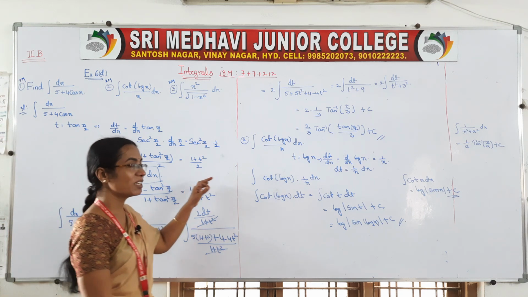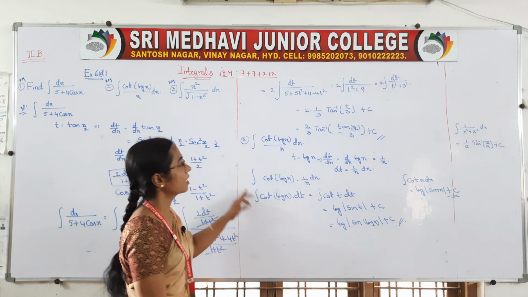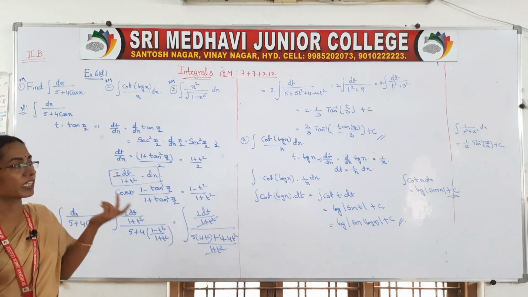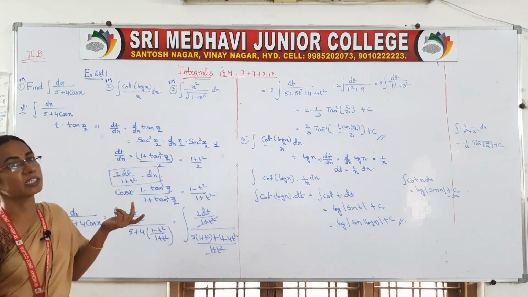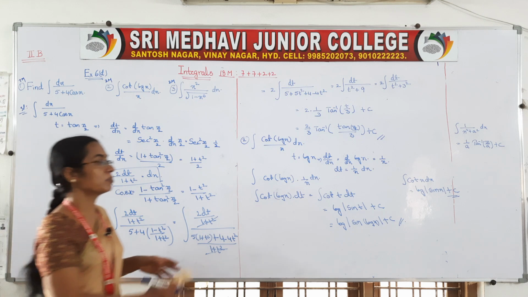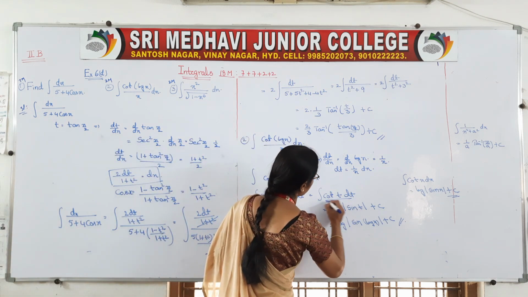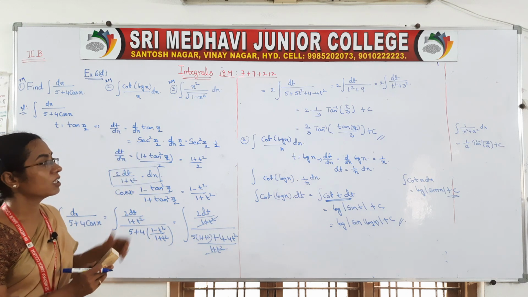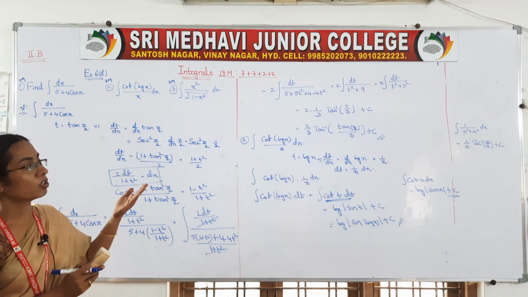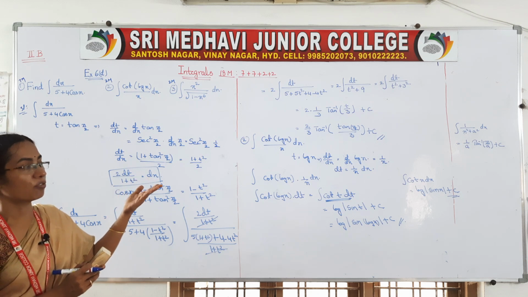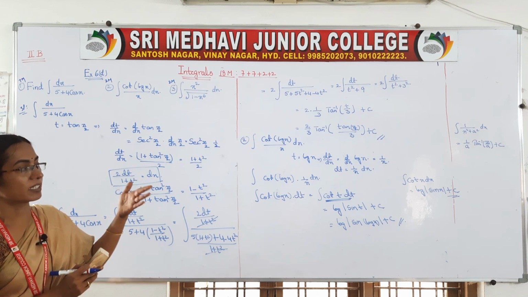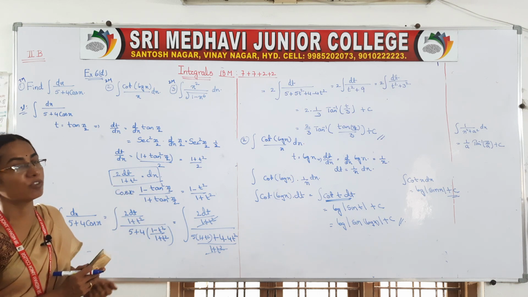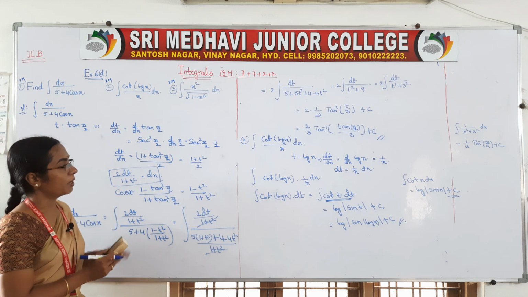Okay, so which method did we use? Substitution method. So I said in any problem, if we take one value as t, we can get another value, right? And after substituting, it will come into some standard formula form. Then we can go for the substitution method. So that's why here if we take t is equal to log x, we'll get another value after differentiation. We'll get 1 by x dx as its derivative, right? So in such cases, we will go for our substitution method.